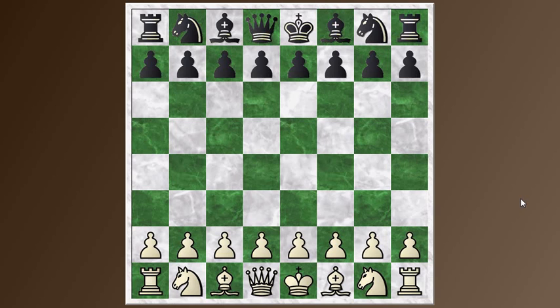The advantage of playing all these different openings, by the way, is that it's easier to get your bearings in unfamiliar positions. So your opponent sometimes will trick you with a move order, get you into an unfamiliar position. But if you've experienced a lot of different positions and tried them out at least once or twice, you may have some idea of what's going on and be able to deal with them. So anyway, that's it for my